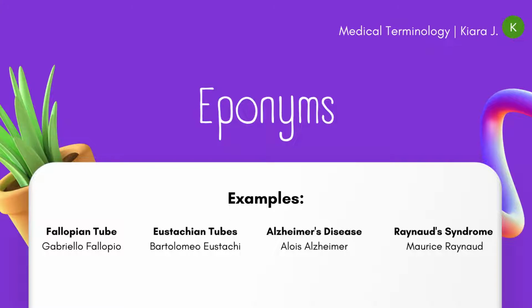You have Alzheimer's disease as well, which is a cognitive degenerative disease, or in plain English, a disease that breaks down the ability of the brain to function at its normal level. Now you have Raynaud's syndrome as well, which is a circulatory disease. Or again, in just plain old English, it is a disease that compromises the blood vessels, which causes a lack of blood to the extremities, which are your fingers and your toes. This often turns them blue.